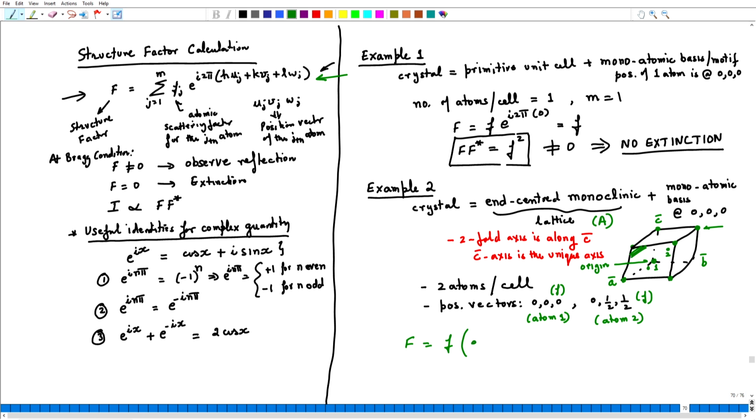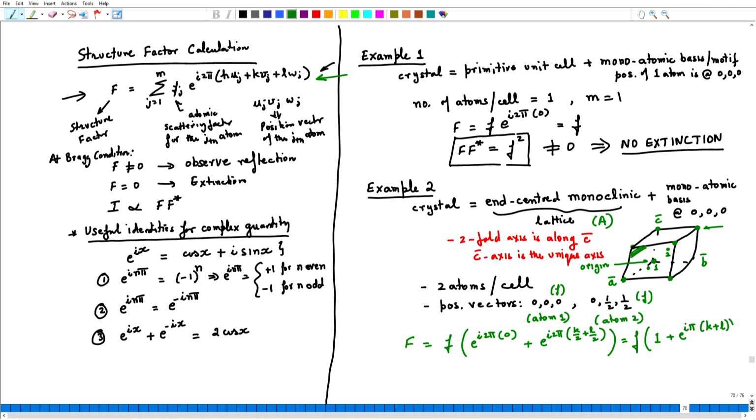One is e to the power i 2 pi 0 for the atom at the 0 0 0 position, and the second one is e to the power i 2 pi (k/2 + l/2), h is 0, and this gives me the atomic scattering factor f multiplied by the first term, which is 1, and the second term, e to the power i pi